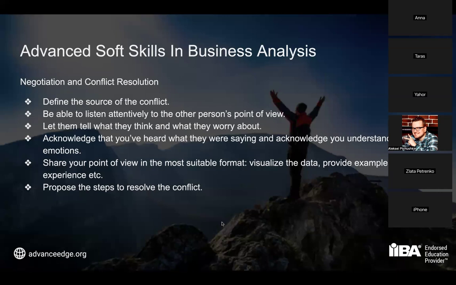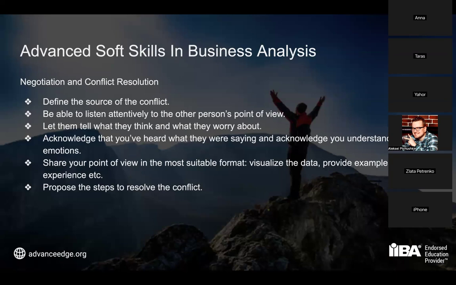Okay, so the next skill that I would like to talk about is negotiation and conflict resolution. So basically, a conflict comes from probably the same source as I have just discussed, right? When we look at the same thing differently, I'm saying it is pink, you're saying it is black, and this is where the conflict happens, right?